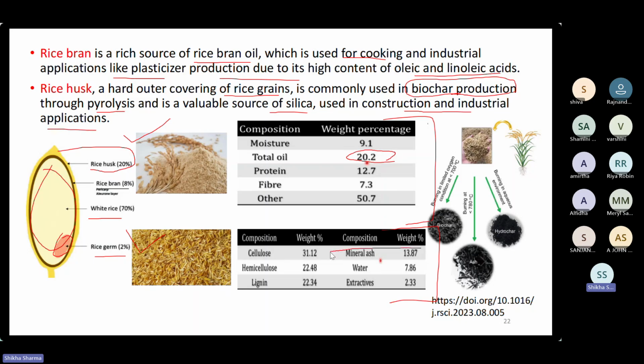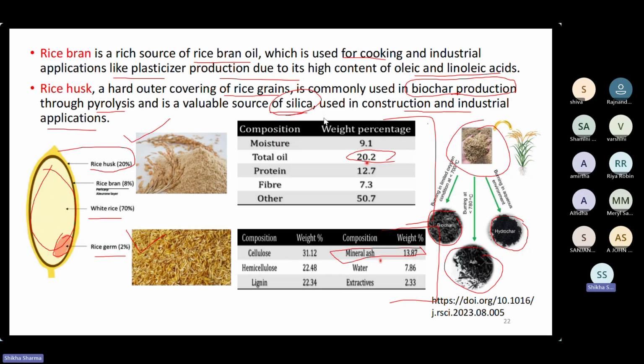So the mineral ash content is very high if we see here in this rice husk, and this rice husk is basically being taken and burned at very high temperature. If we are burning in a limited amount of oxygen, which is around less than 700 degrees Celsius, then biochar we can get. And if we are burning in the aqueous environment, then hydrochar is what we get. This ash is a very high source of silica, and it is used in construction and different industrial